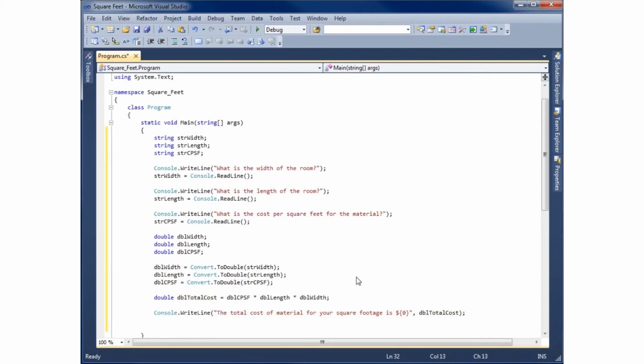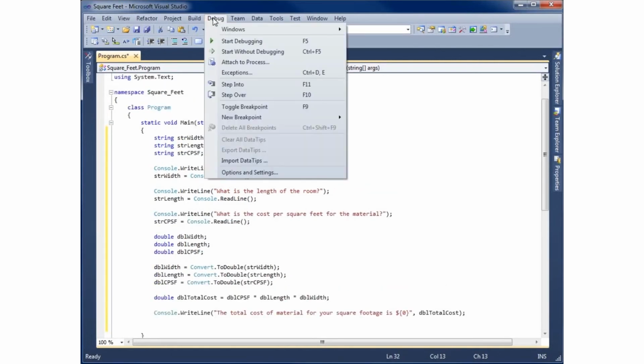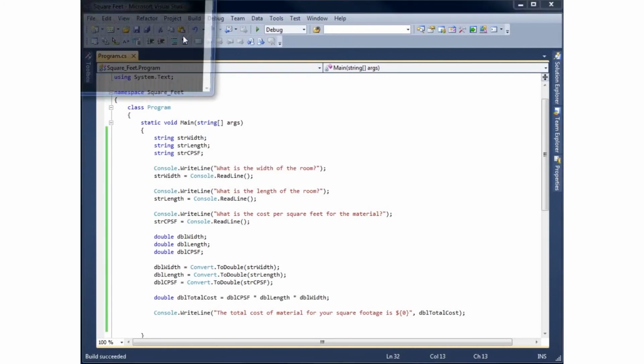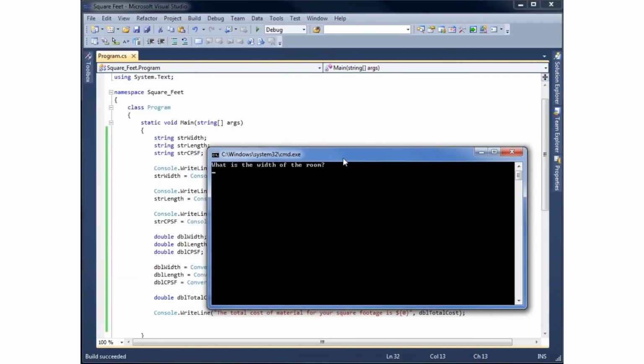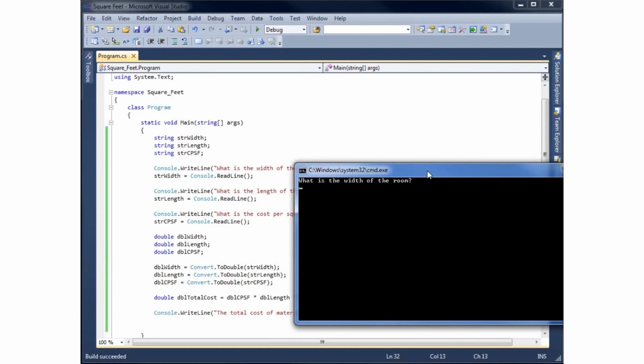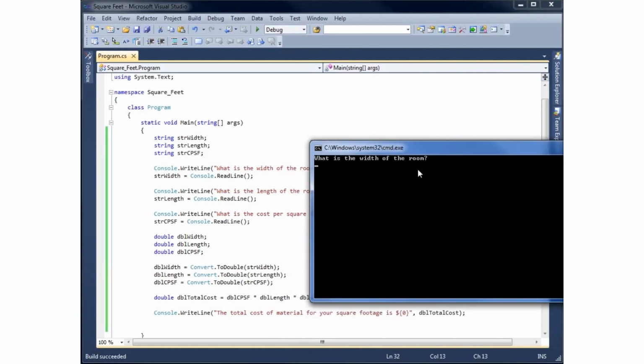So now the only thing we've got left is to actually run this and test it. So let's go ahead and go to debug, start without debugging, and here's my application. What is the width of the room? That is my first statement. I'll go ahead and type in 34. What is the length of the room? We'll say it's 25. What is the cost per square foot for the material? We'll say it's